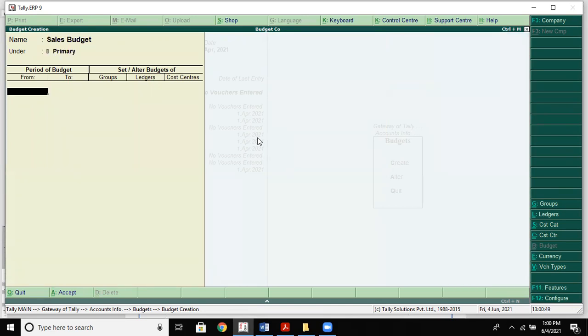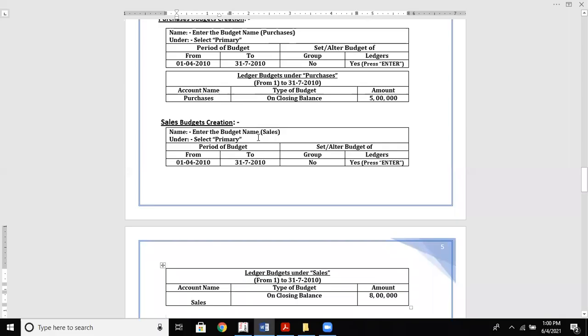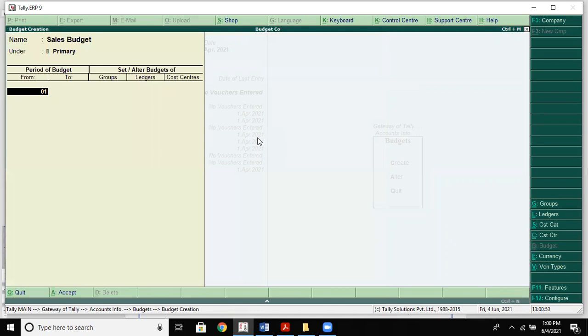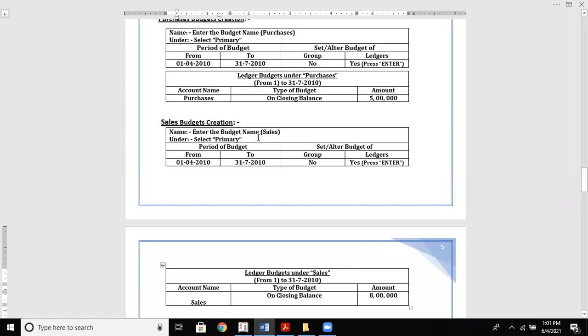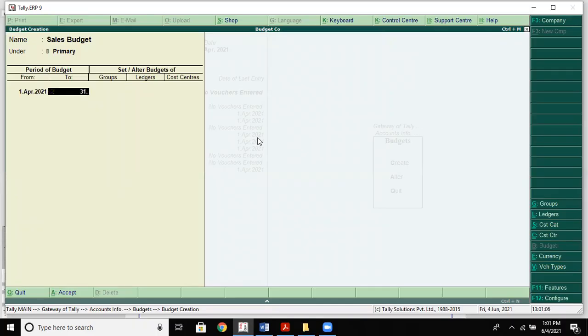Like that we'll create sales budget also. Sales budget. Then from again, it would be 1st April 2021 to the same 31st July 2021.